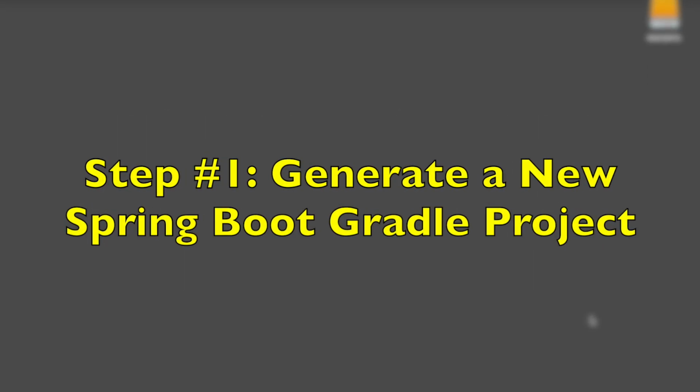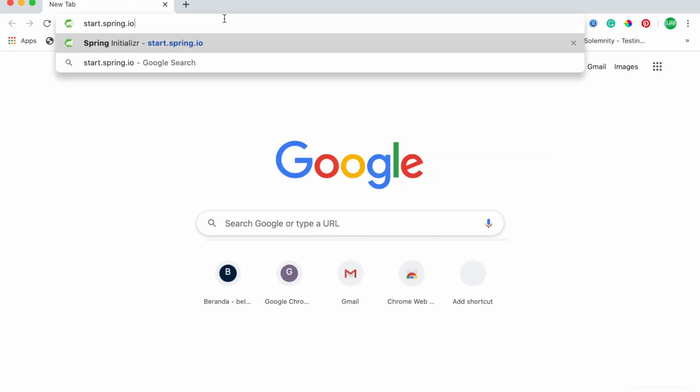Step number 1. Generate a new Spring Boot Gradle project. We assume that you have installed JDK, Gradle, and IDE, NetBeans or Eclipse. Next, we will create a new Spring Boot Gradle project using Spring Initializr. Just go to the Spring Initializr, start.spring.io,